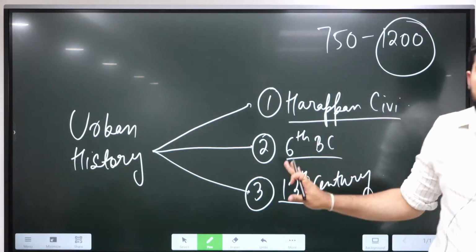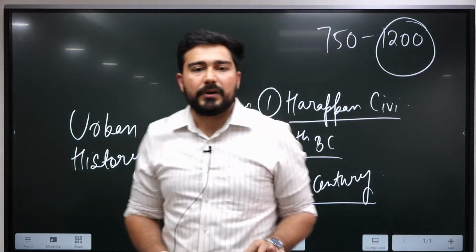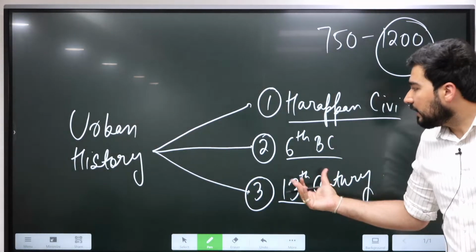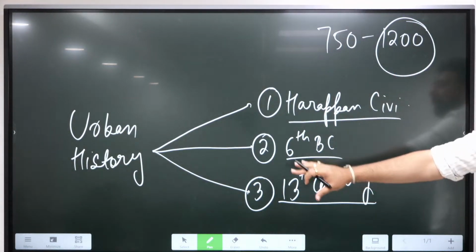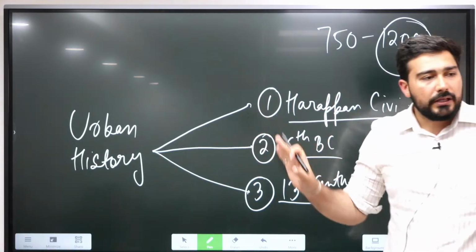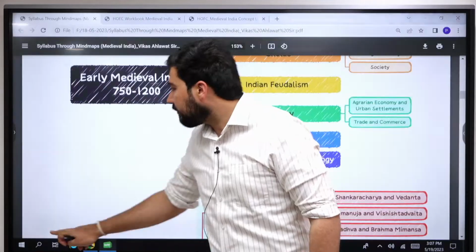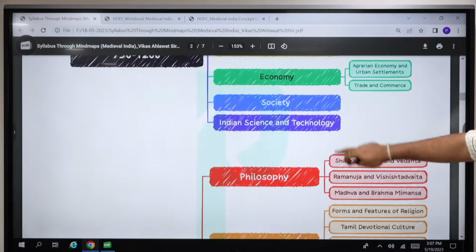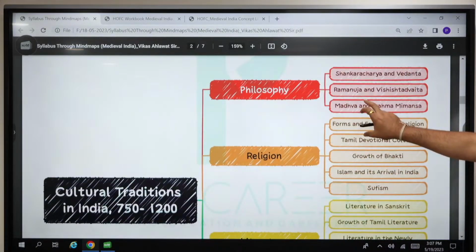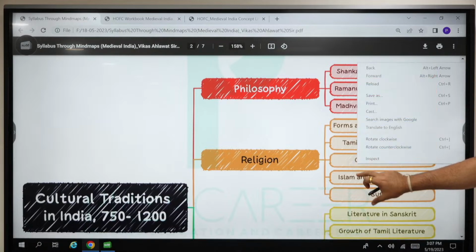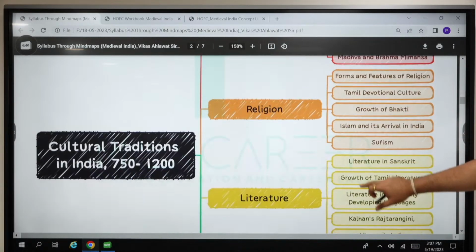Okay, so this is one concept which all of you are going to remember. Many times a question comes without asking about the kaun sa urbanization history hai. But in the introduction, you can always give this perspective that in India, urbanization has 3 stages or 3 phases, and this is what you need to remember. Anyway, then when it comes to philosophy, Shankaracharya, Ramanujacharya, Madhvacharya, which we will discuss today itself, okay, forms of religion,